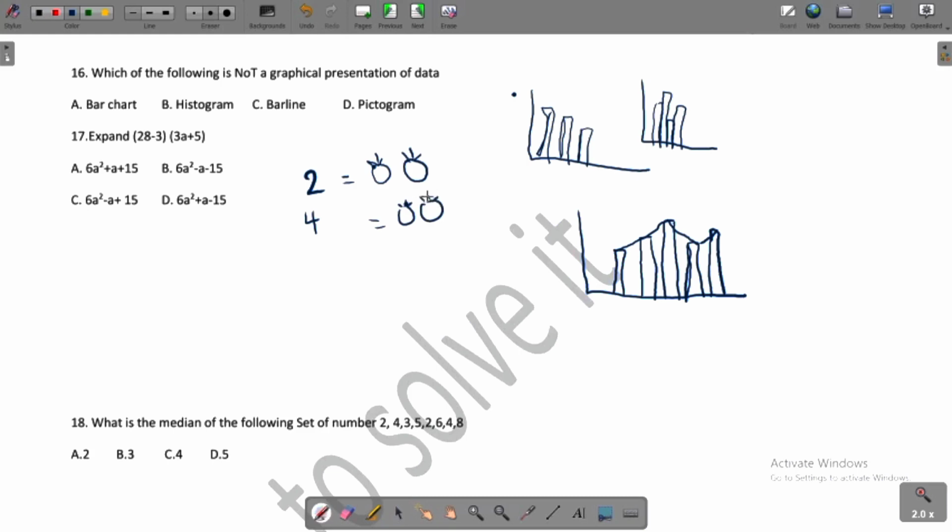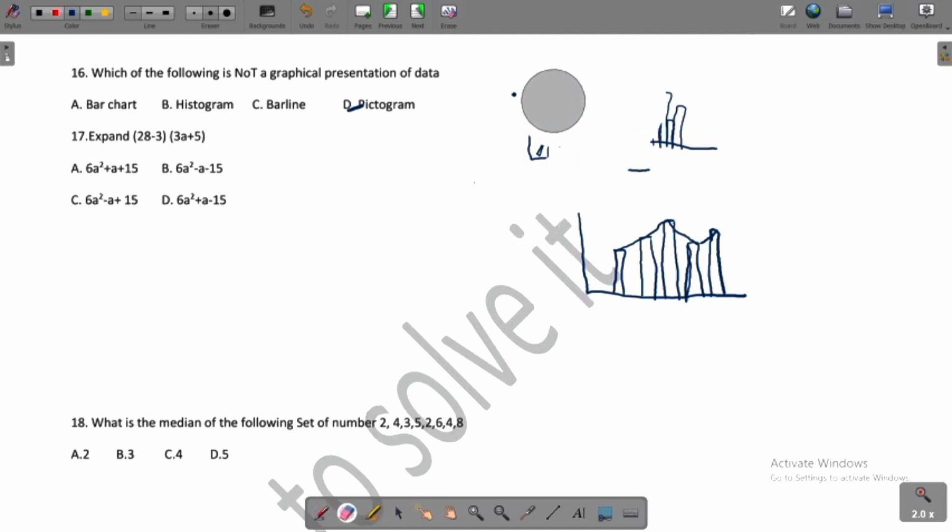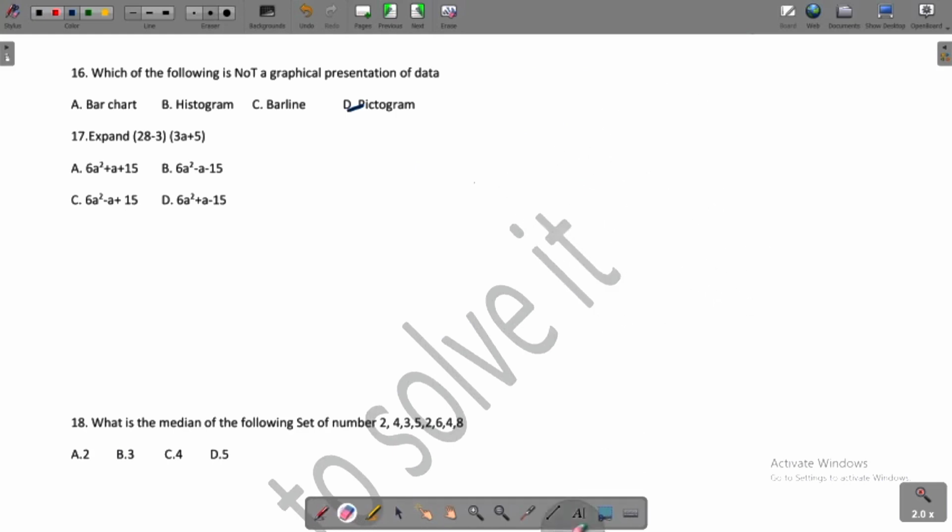You are representing this with a picture. So our answer is what? D. Because the three of them, the bar chart, histogram and bar line, have to do with use of graphs. Now the next question, question 17, says that expand